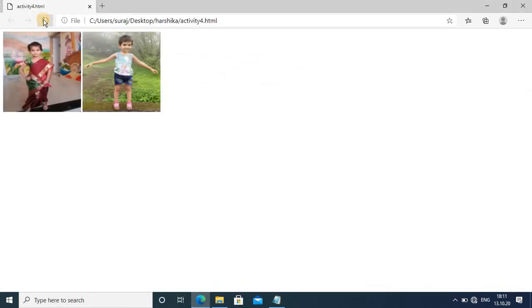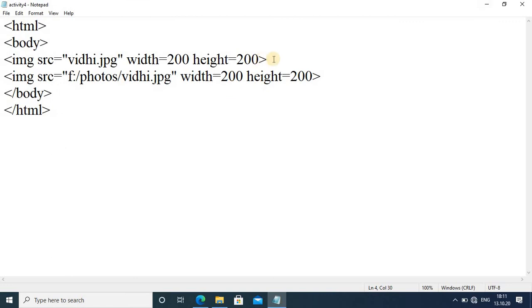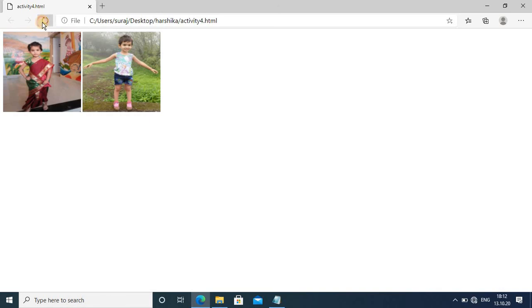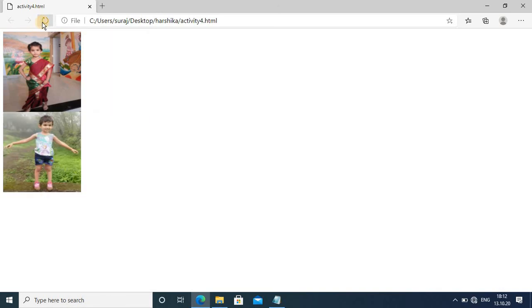So let's see. Another image is also added here. Like this way you can add. If you want your image in another line, you can add a break here. We already discussed this in previous classes. Save it and refresh it. So it will go in the next line.